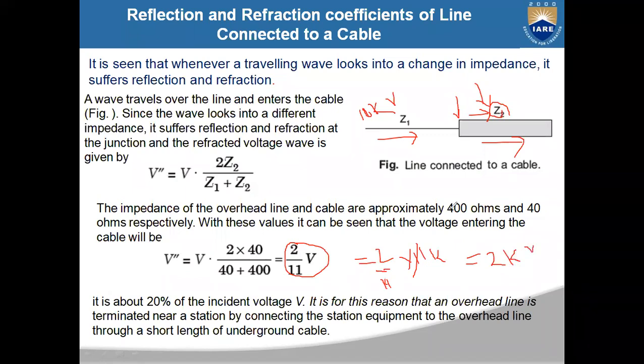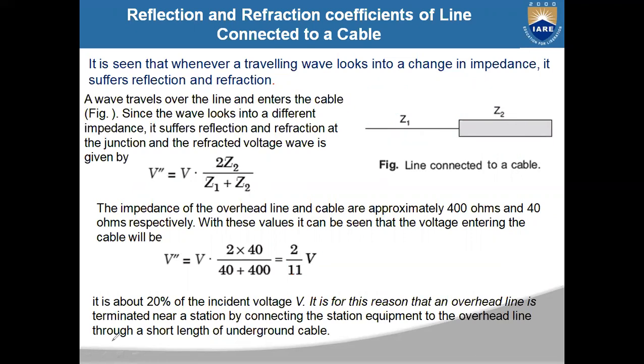So whenever the voltage wave is 11 kV in the overhead line, when it goes to the cable it will be reduced to 2 kV. That means the magnitude of the traveling wave is reduced when the line is terminated with a cable. This is a major advantage when you use it in substations for protection. It is about 20% of the incident voltage that is traveling through the cable. Because of this reason,